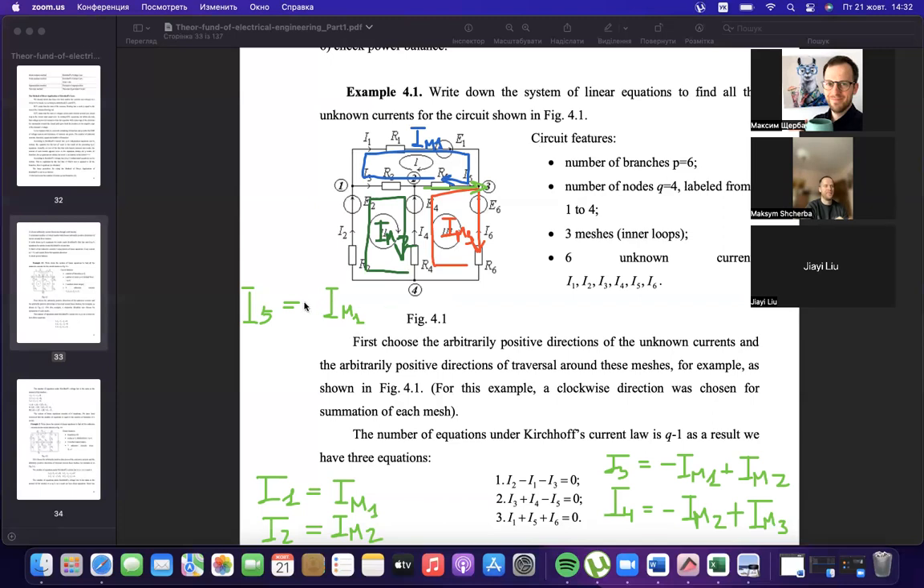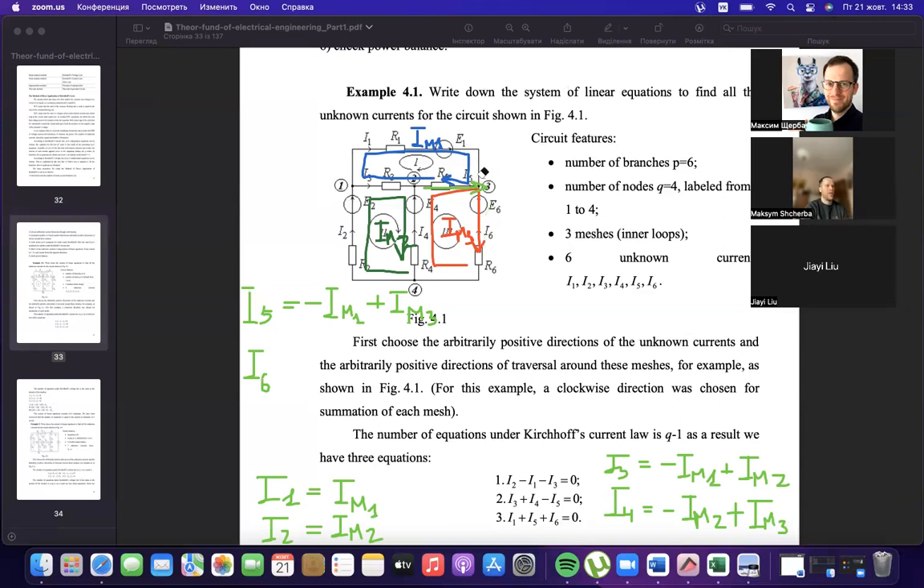minus IM1 plus IM3. Yes, you are right. Perfect. Yes, you get the idea. That is good. Then I6 will just be IM3 with minus, because I6 on the picture flows up,